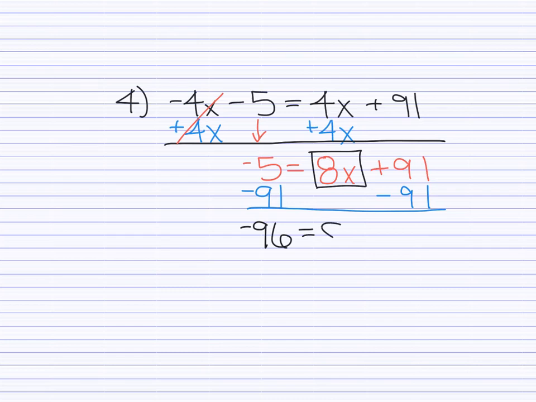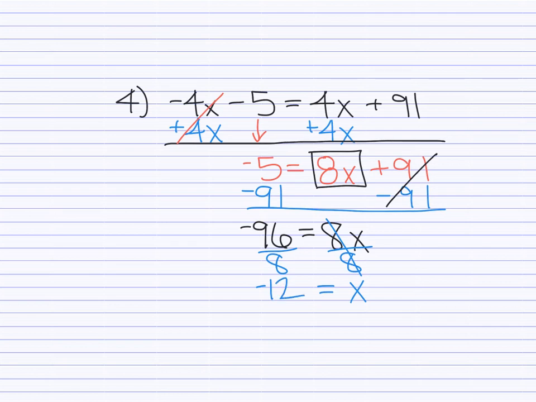Bring down our equals, bring down that 8x. So -96 equals 8x is what we get right now because that canceled out. Last step, I've got a number with the variable, and to get rid of it, we have to do division, right? We're going to divide both sides by 8. And when we do that, that canceled out and gave us x equals -96 divided by 8, which is going to result in